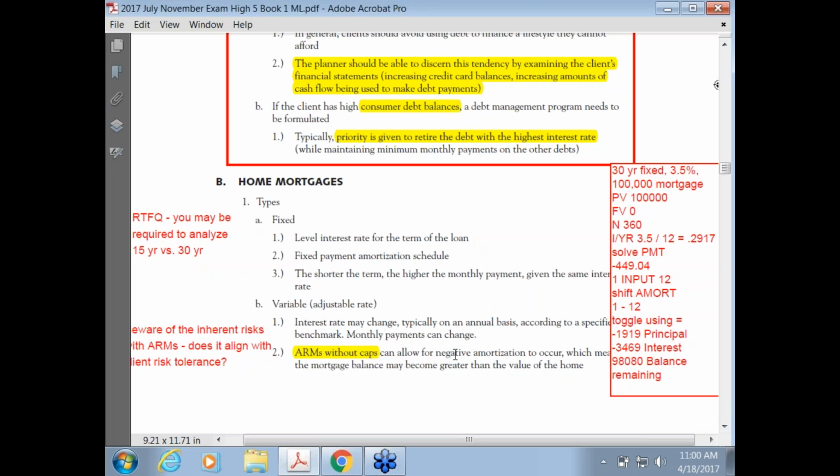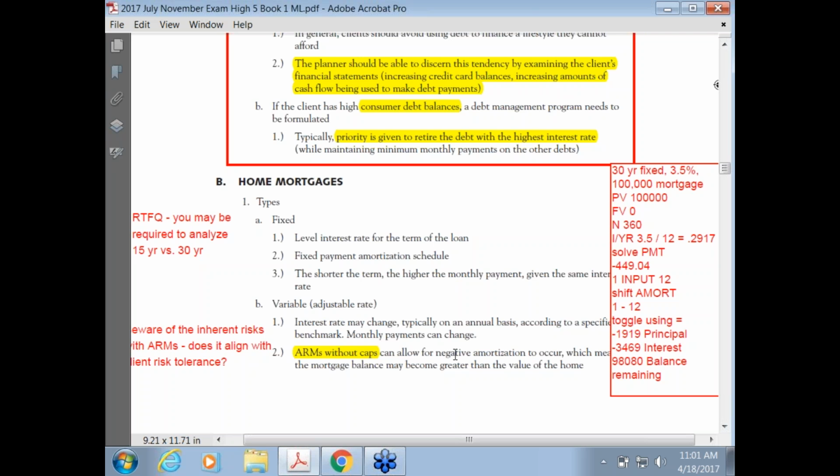I like to keep the payments per year at 1 and then manipulate the other variables. It can be risky if you're flipping back and forth between a 1 payment a year structure and a 12 payment a year structure. Inevitably, we forget. If we change it to 12, we forget, and then 3 questions down, it's not matching at all, and the reason is because we're still on 12 payments per year. So I would prefer to leave it at 1, and for things like the end value here, 30 years would be 360. We multiply the years by 12, of course, and divide the interest rate by 12 to have a monthly factor. Then for this mortgage, you could solve for a payment of $449,